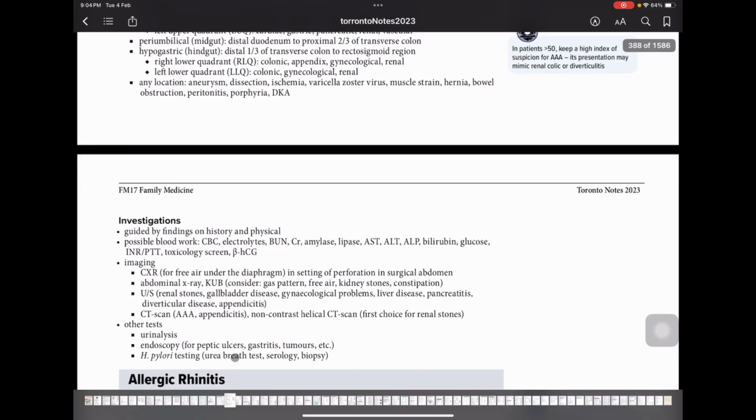pylori testing: urea breath test or serology. H. pylori serology or urea breath test or biopsy. So these are very important concepts, but